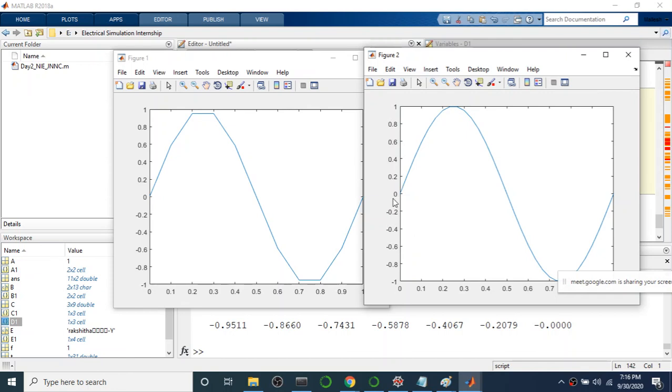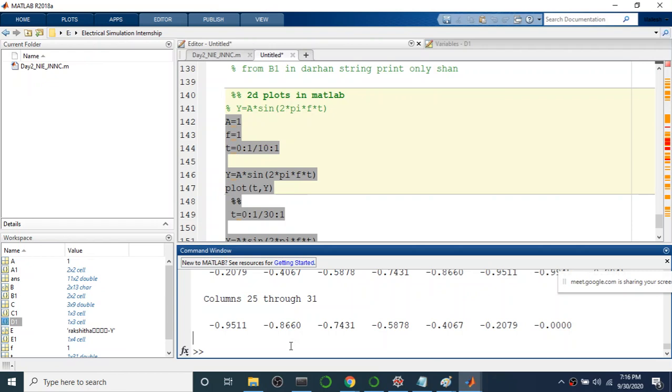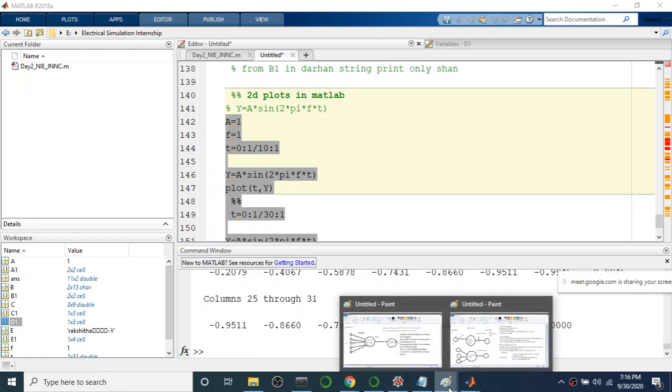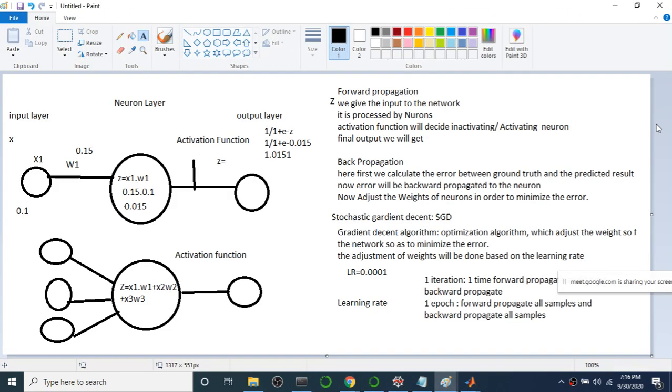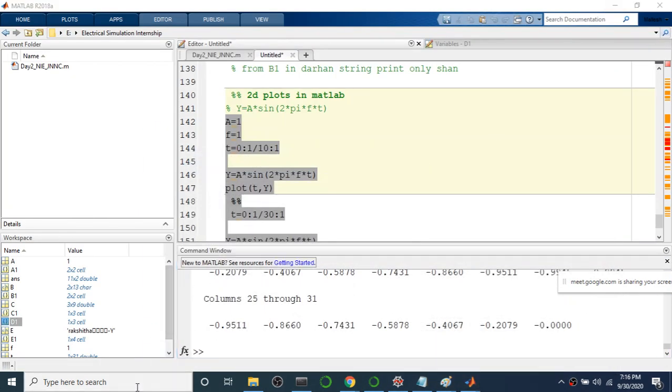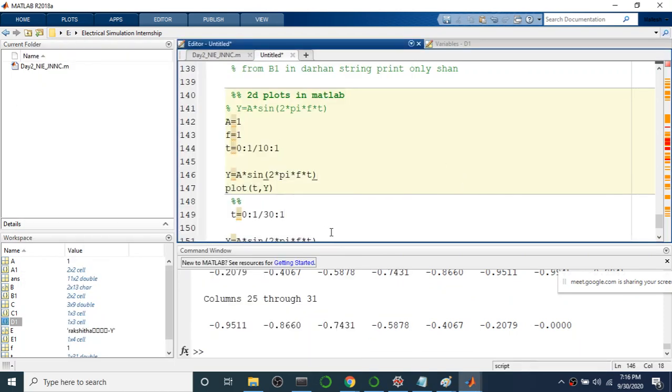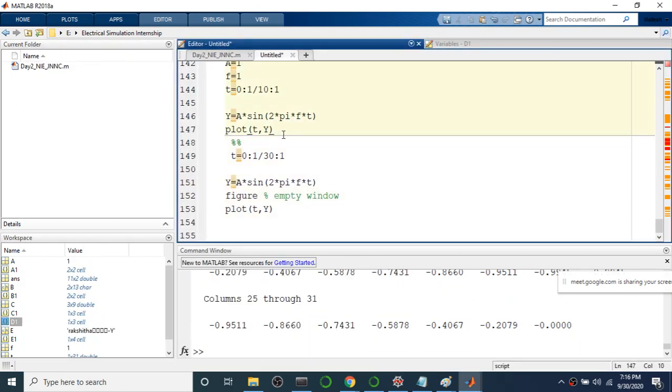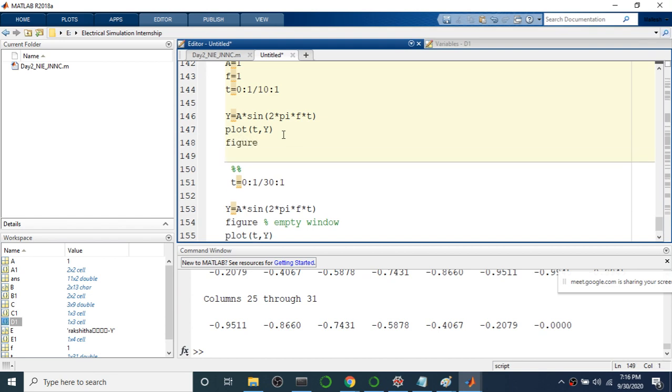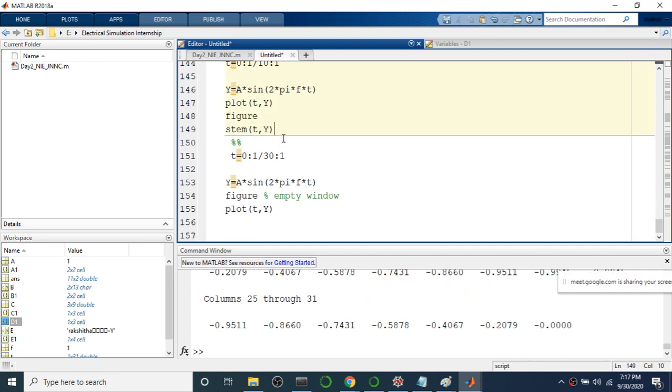30 samples, because we have increased them. When we plot, for plotting purposes, let me plot here itself the discrete version of this one. Here I'm taking one more figure, plot stem of t comma y, and here figure, stem of t comma y.